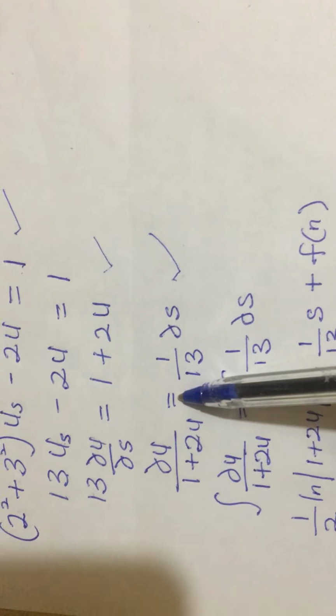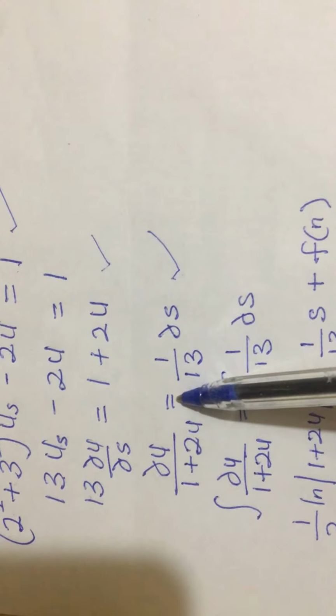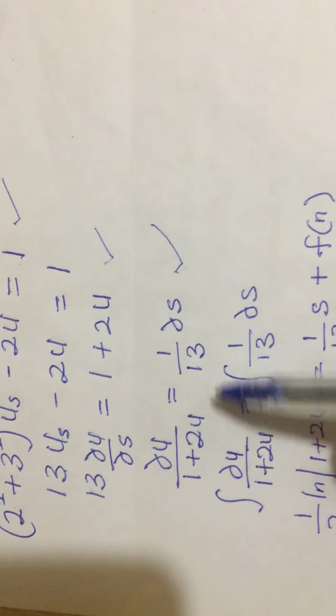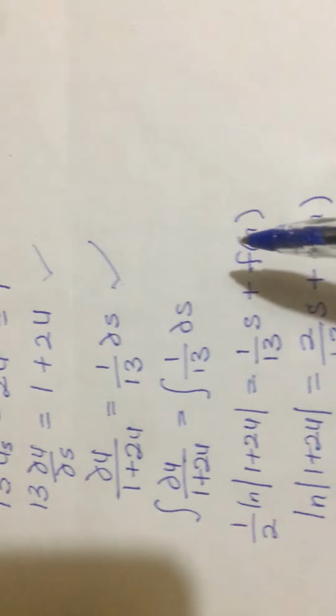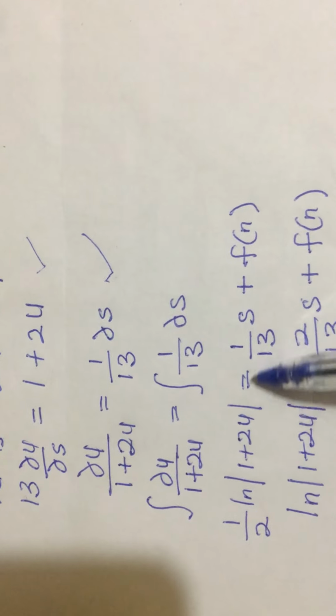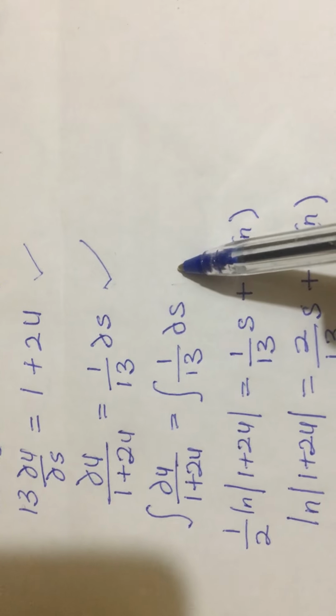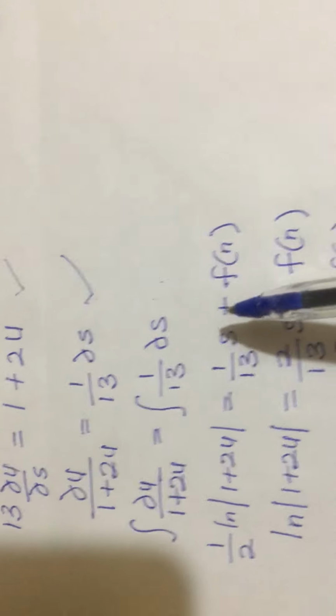So after this, we want to make our u the subject. So what you do is that you take the integral of both sides. So when you take the integral of both sides, you get this. And then anytime we integrate, we add a constant. So here